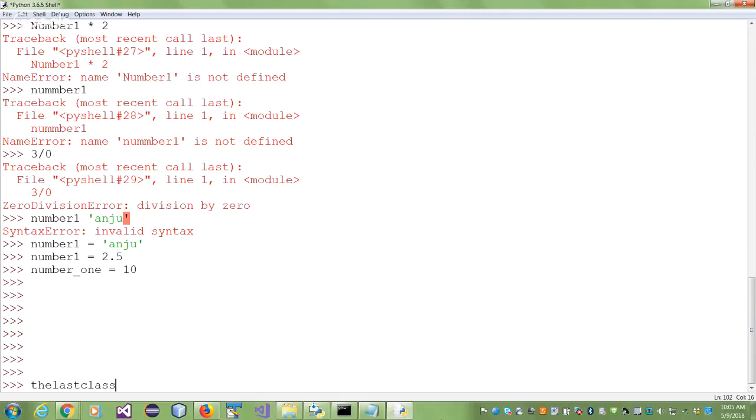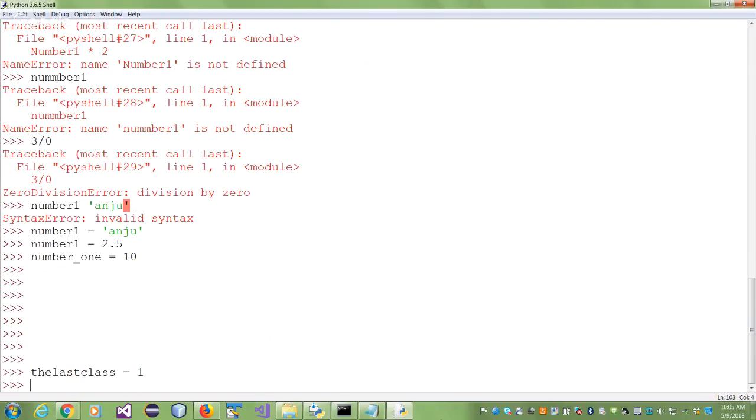Now, most of us will say that's the last class. But if names are something that you are just writing for yourself, the smallest number, the biggest number, it will take so much time to figure out what you called it. But if I had called it last_class, then it was okay, right? So that is the use of underscores.